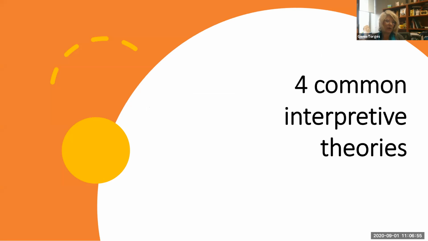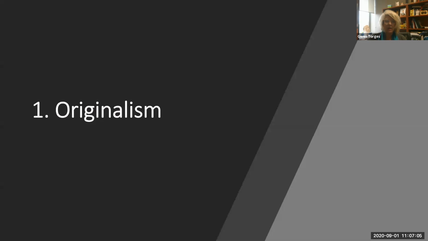These are common. Most authors divide them up into a few more, but 4 is fine, because they're just a little bit broader. The first one we'll talk about is originalism. If any of them, this is probably the one that you've heard of before. During confirmation hearings, when the Senate is questioning judges in recent years, they'll ask, are you an originalist? The phrase we often hear is original intent, but there are actually 2 flavors of originalism.